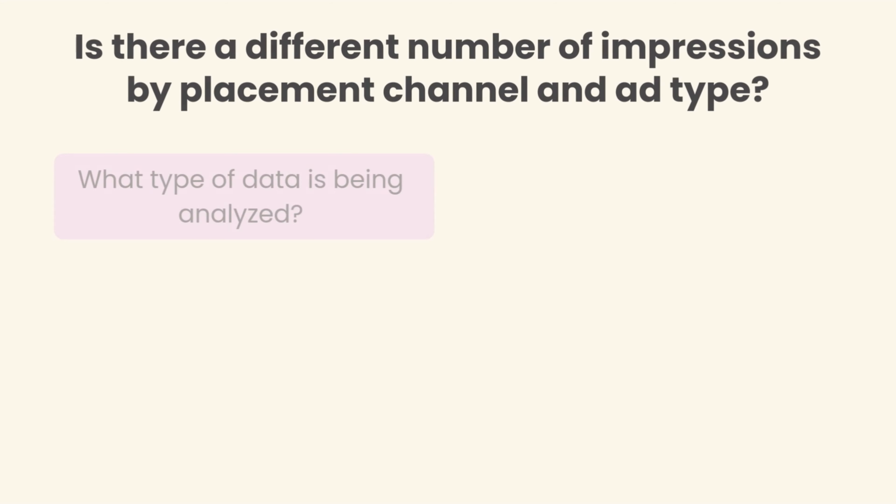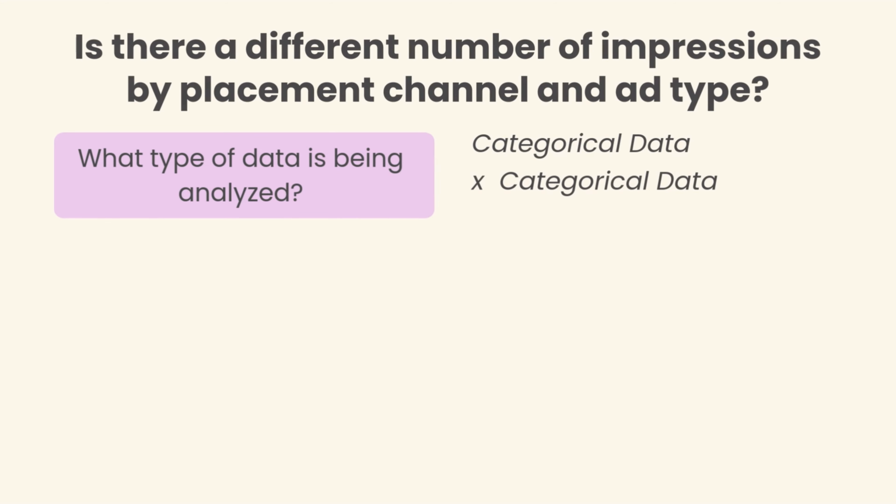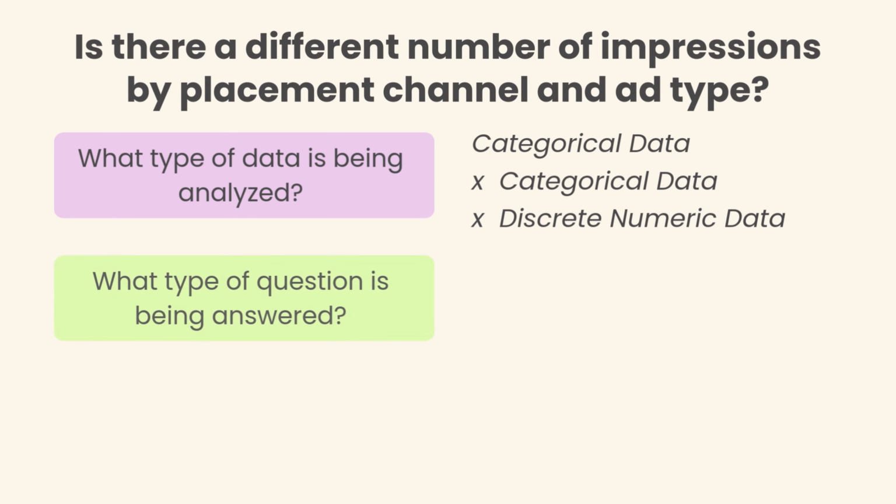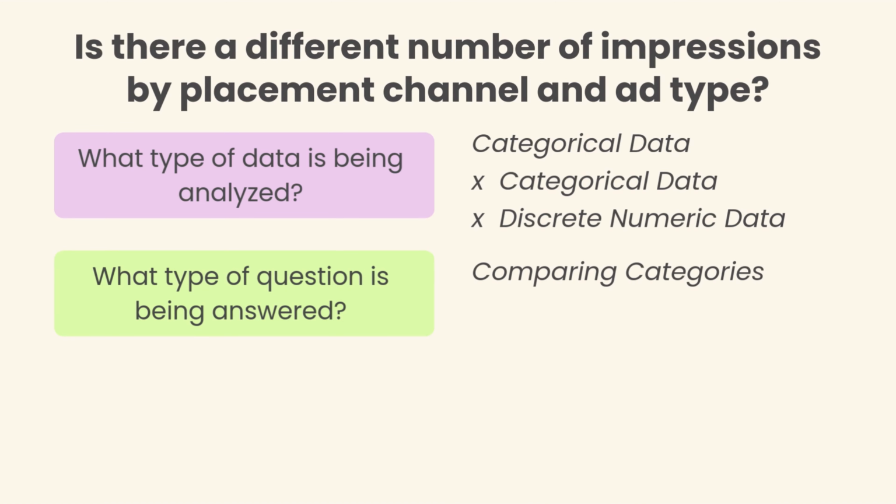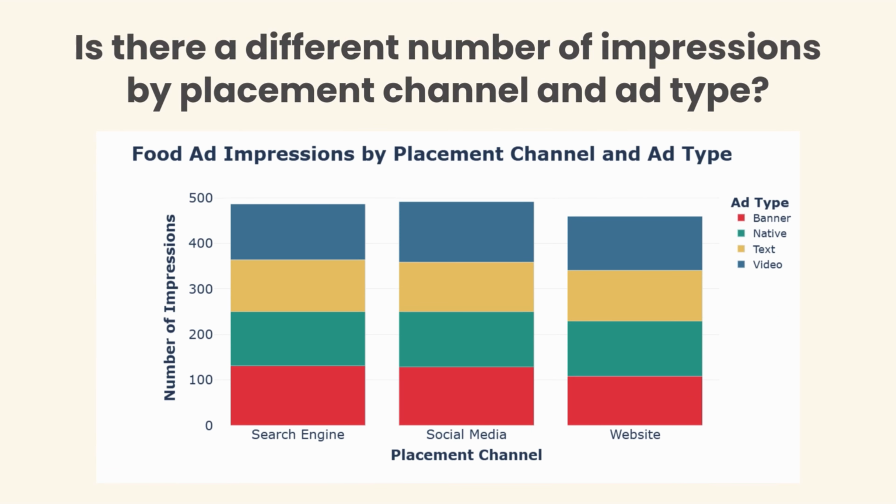Now, this visualization is going to be a little bit more complex because there are 3 dimensions we want to visualize instead of just 2, but our 3 questions will still help us here. So we want to visualize 2 categorical variables, our ad type and our placement channel, and 1 numeric discrete variable, which is our count of ad impressions. So once again, we are comparing categories just like before. However, this time we also want to compare proportions between different variables. So we will use a bar chart for comparing categories, but more specifically, we'll use a stacked bar chart so we can compare categories and compare proportions